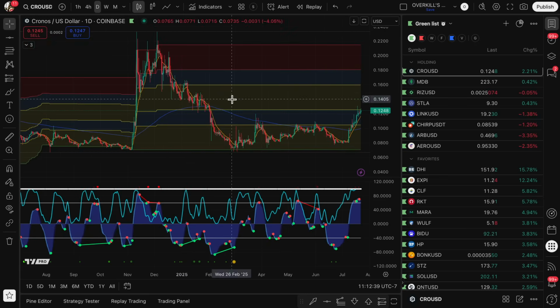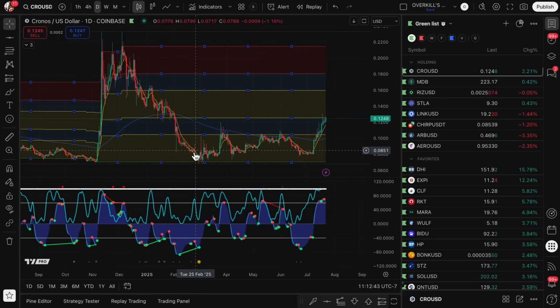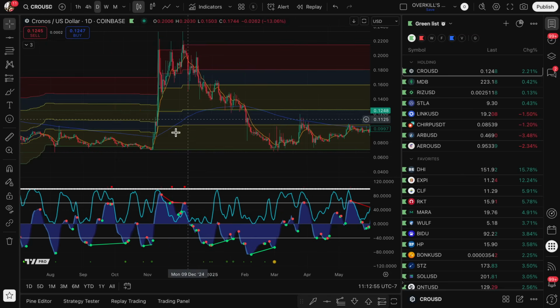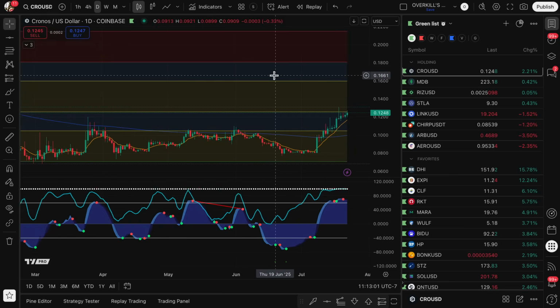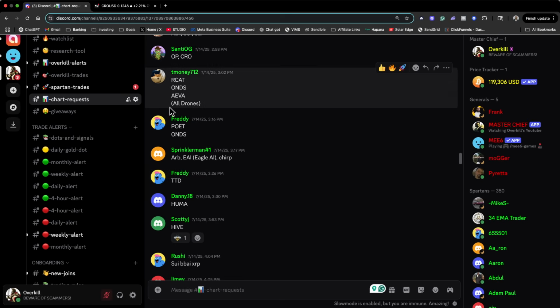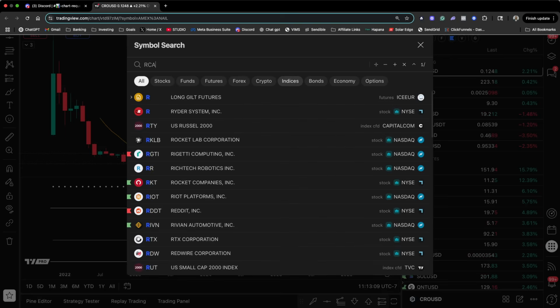Everybody wants this big move, but nobody wants to hold through the consolidation. Over the last 2 to 3 months since February, we've been consolidating, right? Very frustrating, up and down, up and down, up and down. But when we actually get the move to play out here, okay, it's all worth it. So targeting 20 to 22 cents on CRO. It does have a green dot here on the monthly, so I'm actively looking for reasons to add to that one. RCAT,